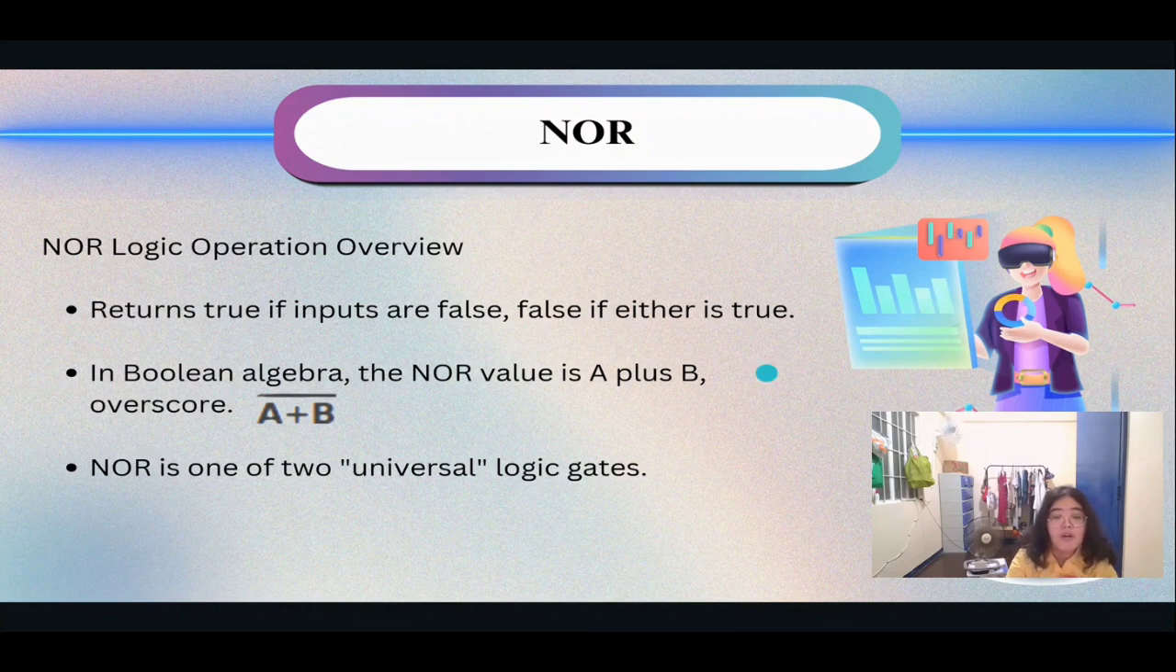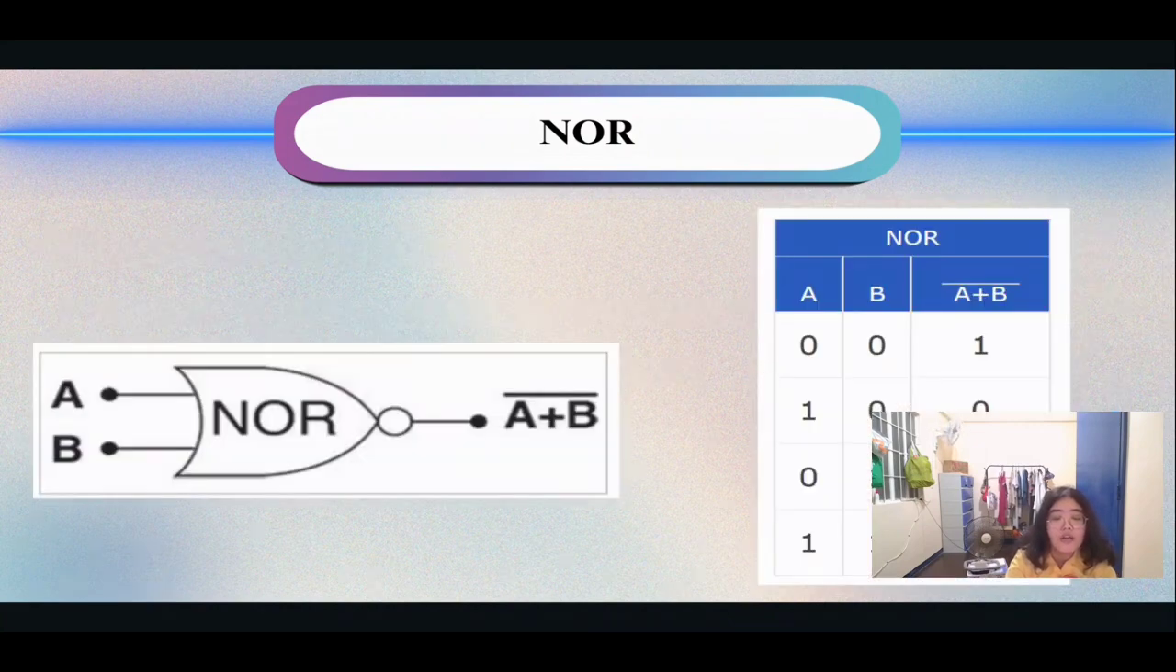Next one is the NOR logic operation. It returns true if both inputs are false, and false if either is true. It is written as A + B with an overscore. NOR is one of two universal logic gates. So for the table,